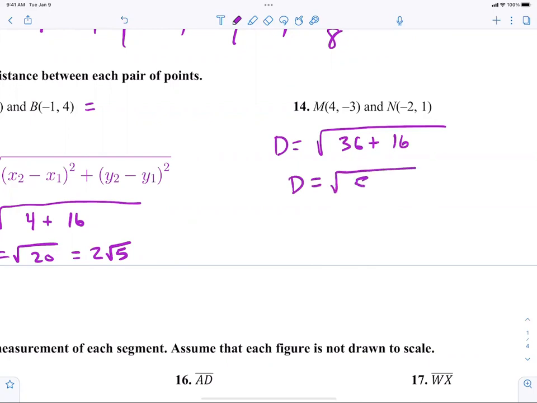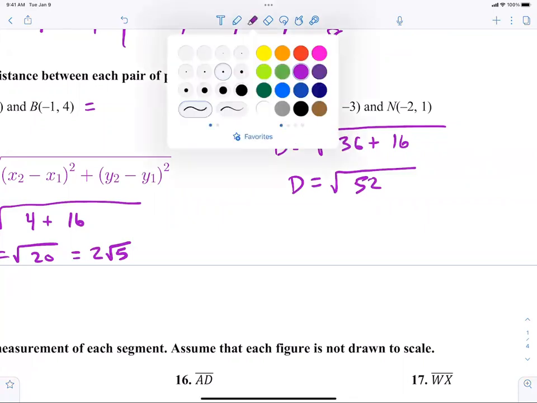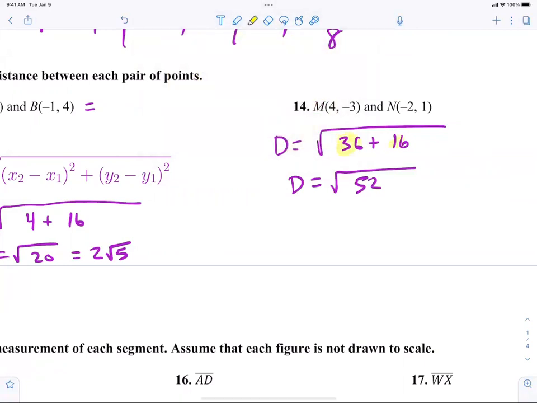Instead of making that 52, what perfect square is in 52? How did I know it was 4 without much thought? Because what did I just add? And that has a common what? 4, right? So a lot of times before you add, you should look at the two numbers that you're adding